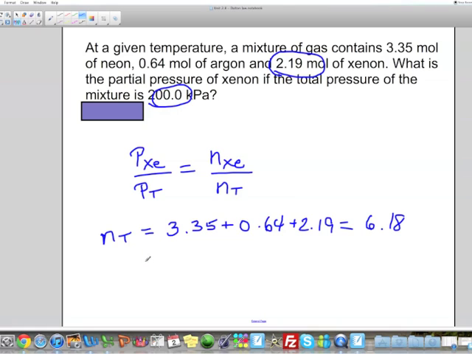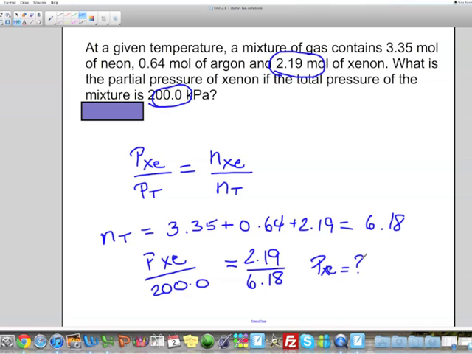So if I replace, I will have partial pressure of xenon, like this, over the total pressure, which is 200.0, is equal to the number of moles of xenon, 2.19 mole, over the total amount of moles of gas in the container. So now I can solve for the partial pressure of xenon. And that is equal to, if we look under the box, 70.9